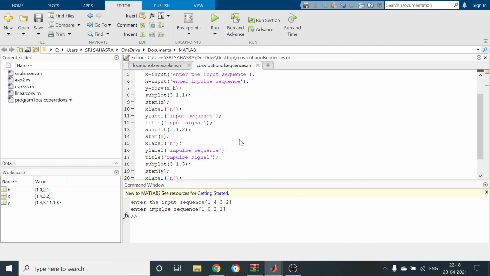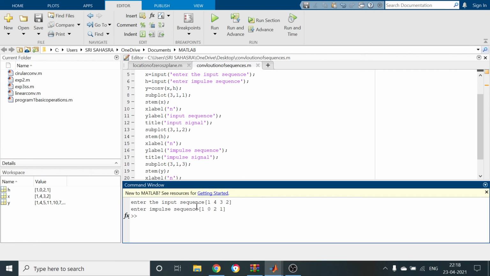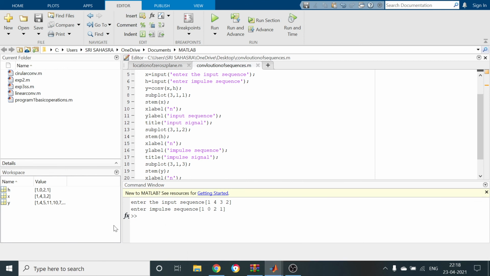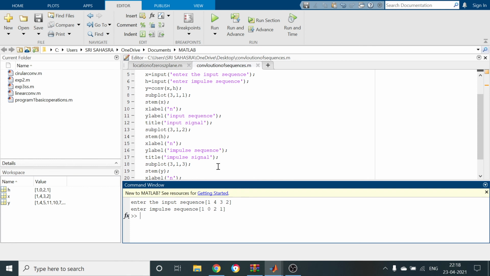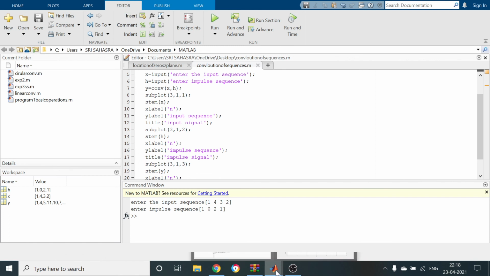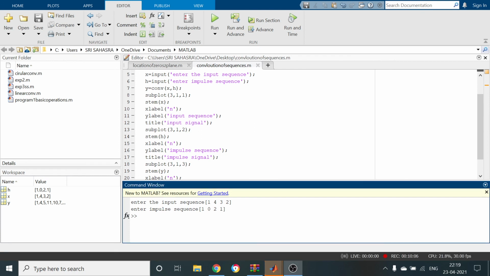What is the input sequence length here? 4. The impulse sequence length is 4. But here you are going to get what? The length of the output sequence 1, 2, 3, 4, 5, 6, 7. So here you are going to get it as m plus n minus 1. You are going to study in depth and theoretically. So let the length of the sequence be m equal to 4. The length of the other sequence is n equal to 4. The overall length of the output sequence equals m plus n minus 1, that is 4 plus 4 minus 1. You are going to get 8 minus 1, you are going to get 7. 1, 2, 3, 4, 5, 6, 7. Is it clear? So this is the method.